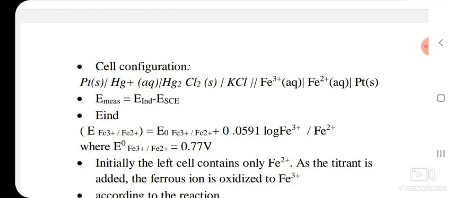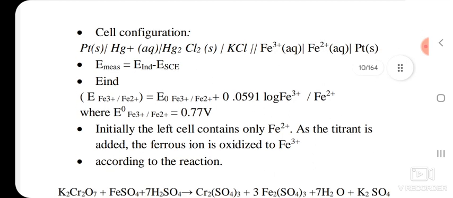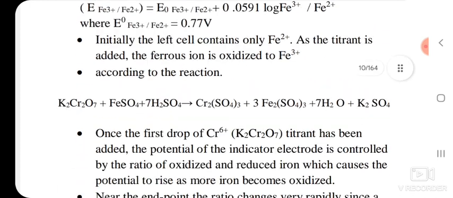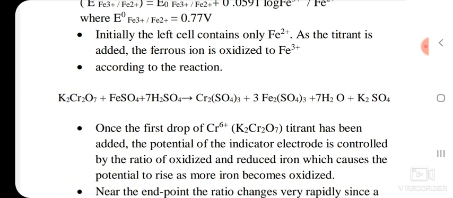Cell configuration. Initially, the left cell contains only Fe2+. As the titrant is added, the ferrous ion is oxidized to Fe3+. According to the reaction, once the first drop of Cr6+ titrant has been added, the potential of the indicator